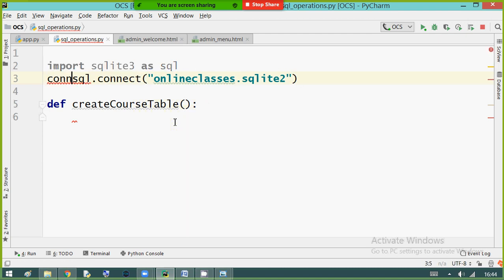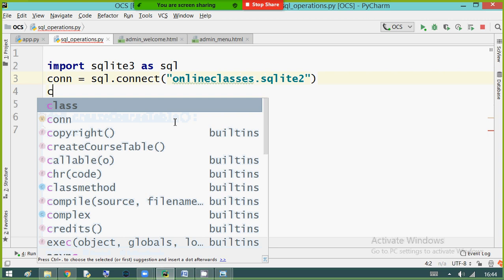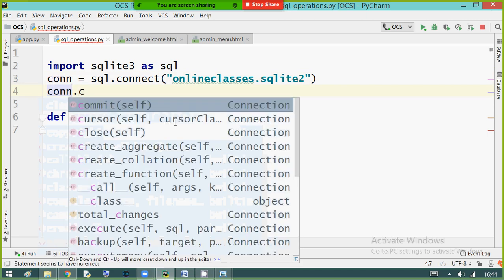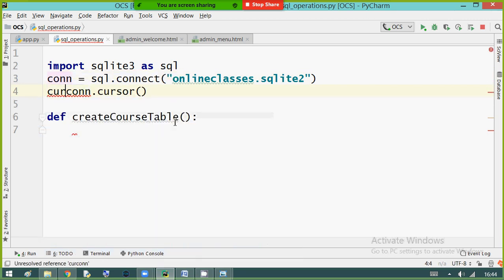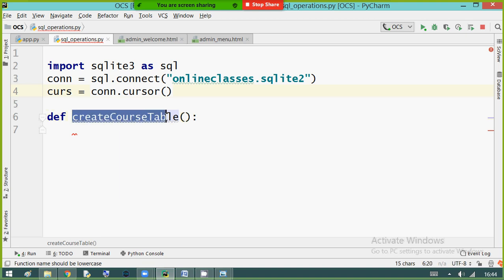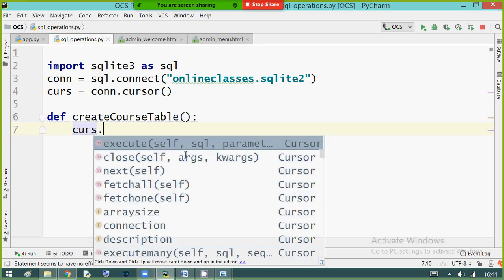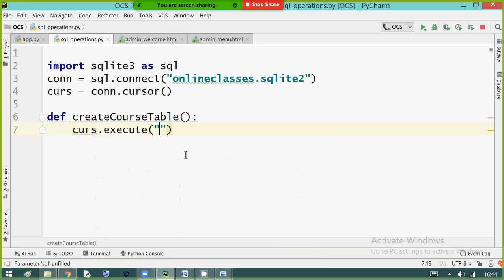I am assigning it to a variable, and connection dot cursor gives the cursor for read and write operations. Now in this create course table function, I am using the global variable cursor dot execute.